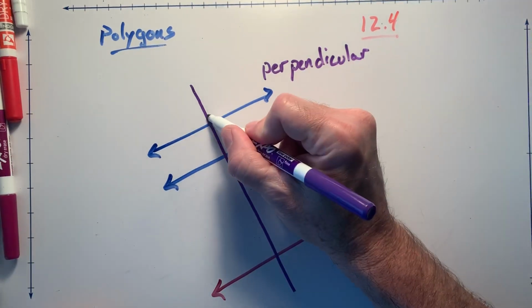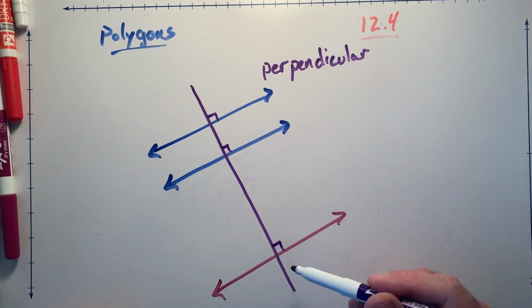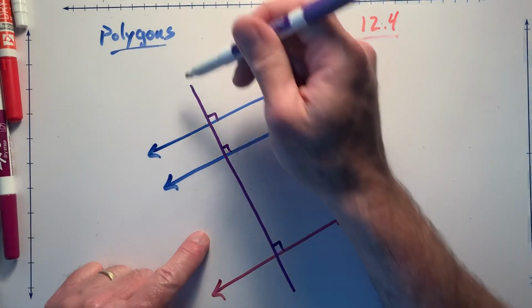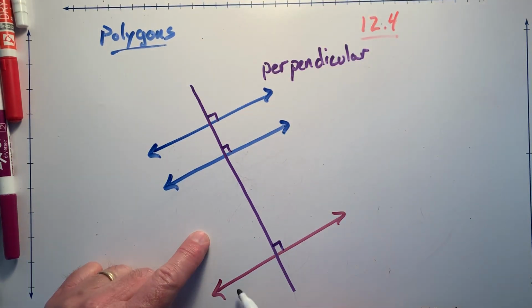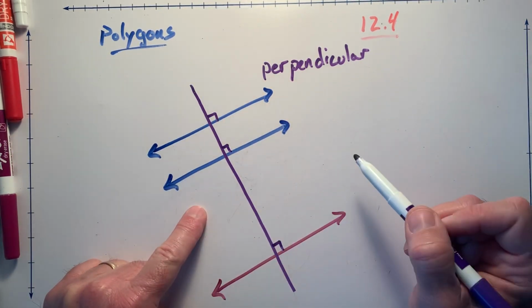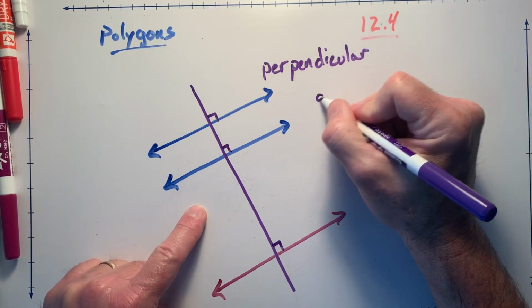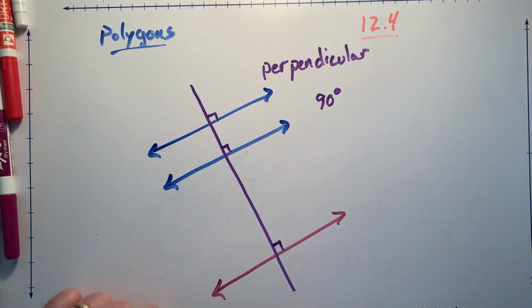Perpendicular lines form right angles when they cross. You can see right here, here, and here that this line is perpendicular to this line. This purple line is perpendicular to both blue lines because it has created right angles. And we remember, right angles equal 90 degrees